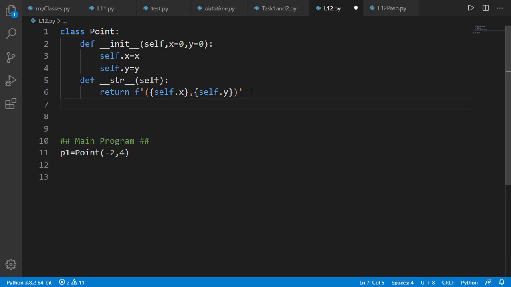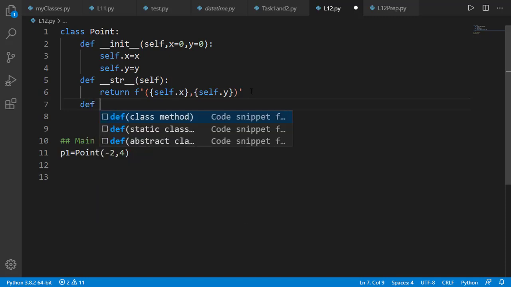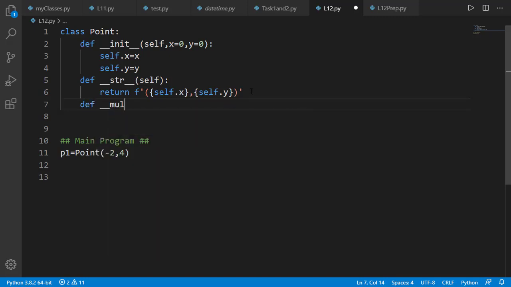Here we have a simple Point class having the init method and dunder str method for proper representation of the point. In the main program, one point is created on line number 11. Suppose I want to multiply a point with a number, and for that I'll add the special method dunder mul in my class. It will have two input arguments, self and num.